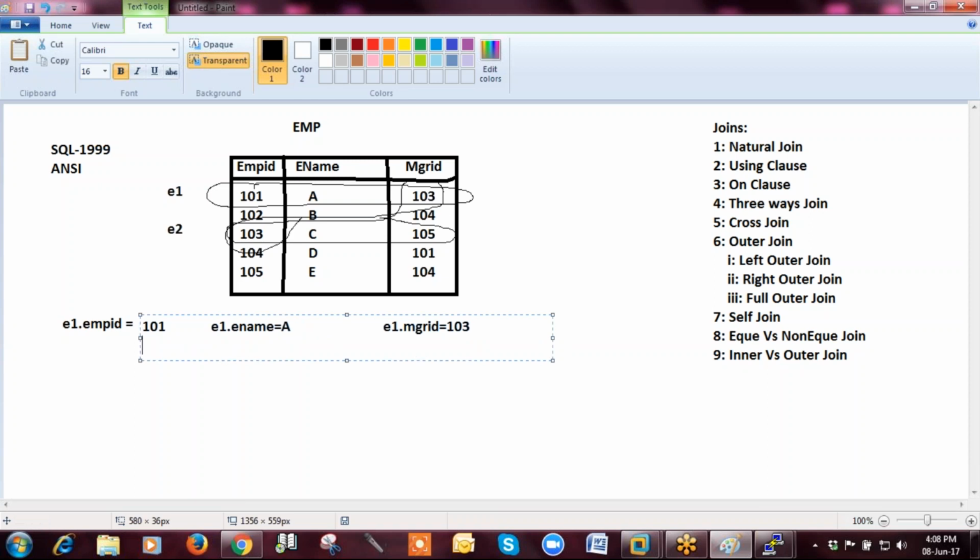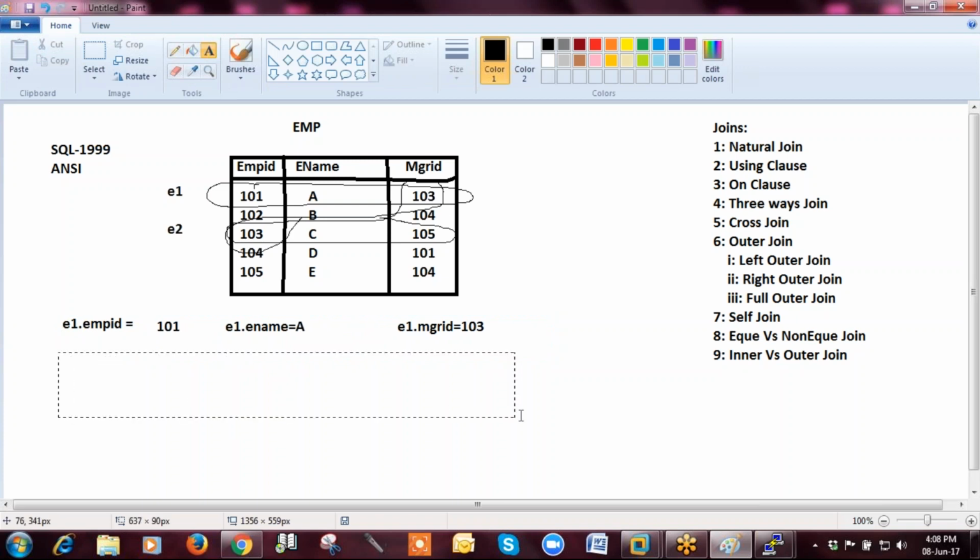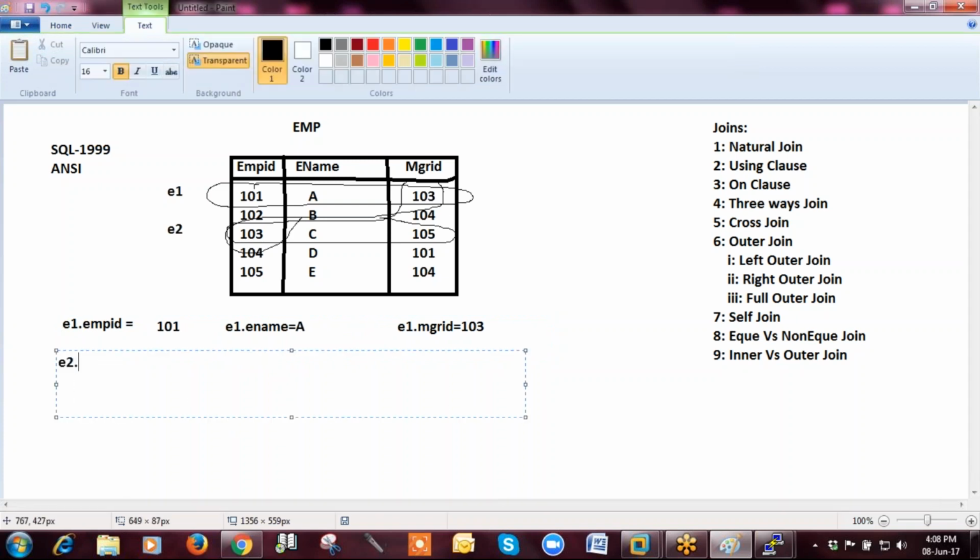The same when you refer the second time: E2 dot emp id will be 103, E2 dot e name will be C, and E2 dot mgr id will be 105.